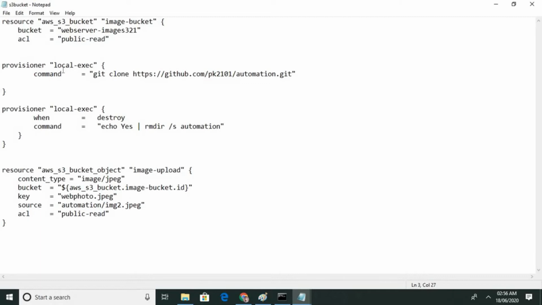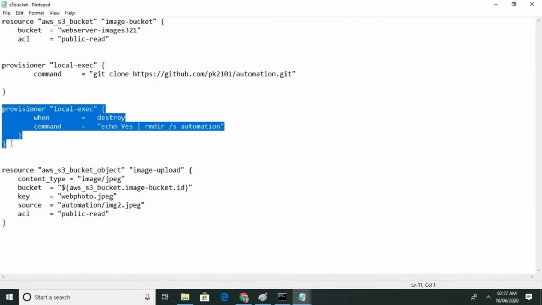And here what we are going to do, as I told you, for local exec you don't need SSH. So we are directly using a provisioner local-exec, and we are writing a command to download static data from GitHub. I'm going to explain this part afterward.